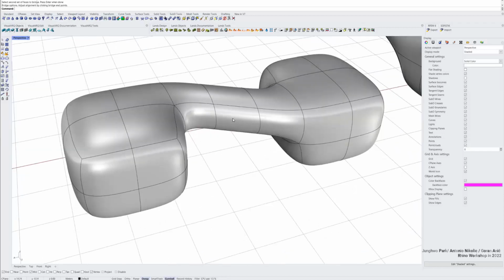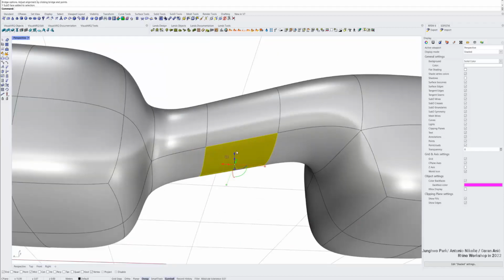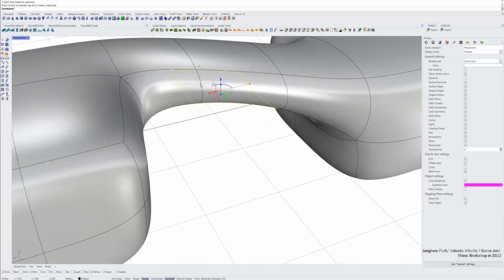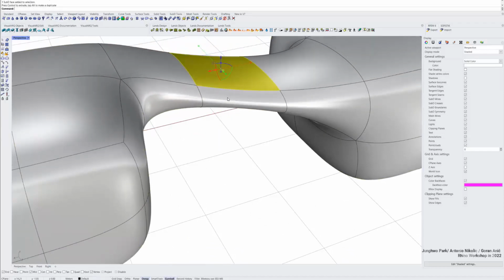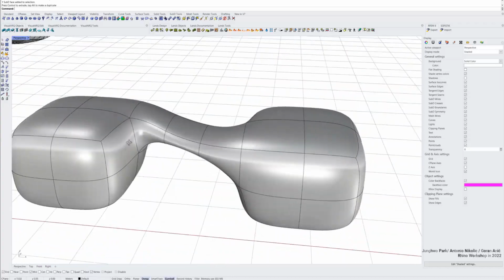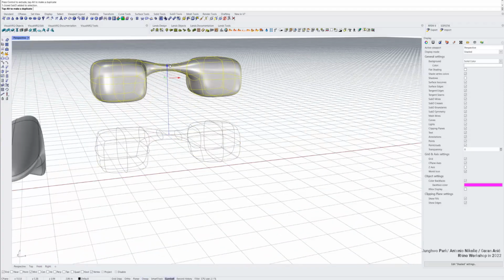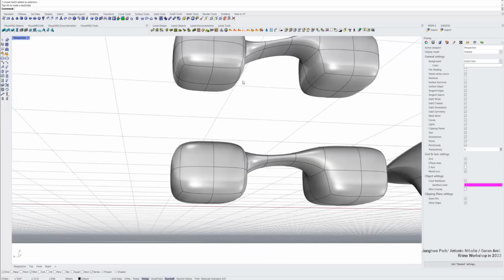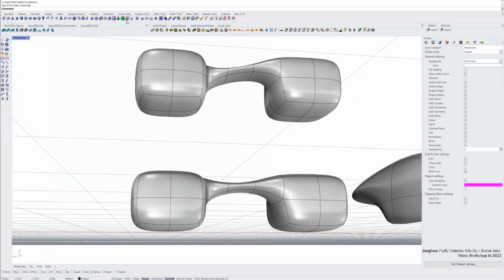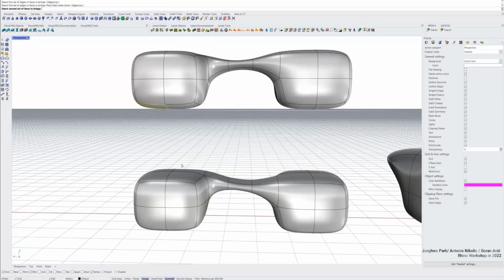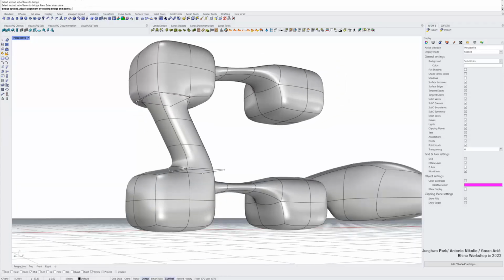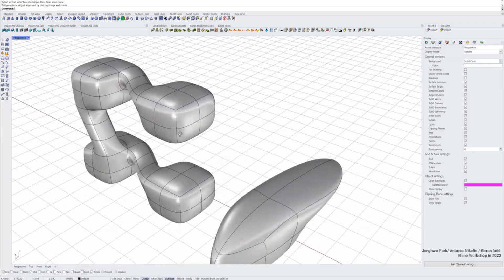Okay, and from here maybe you can move one face up, or another face here down, and you can make something interesting here. I'll copy the same one, and we can use the bridge command again. My first face, second face, hit enter, and I can make it smooth, and you can continue to work on this kind of